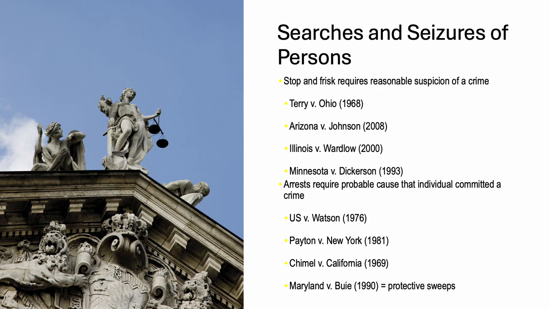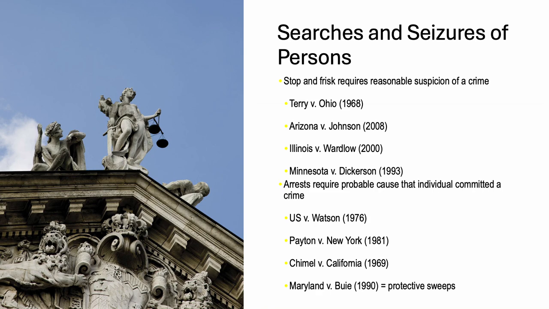In Arizona versus Johnson, again, this case is more relevant. It's in 2008, so it's actually in this period. An officer conducted a pat-down search of a driver and passenger during a lawful traffic stop. Police need not believe that any occupant of the vehicle is involved in criminal activity. So again, when you see those passengers in cars, they're saying, hey, you can't do anything to me. I'm just a passenger. This is an individual. If the officer can articulate a specific cause that allows an officer to do a quick pat-down search of both the driver and a passenger in a car, if and when that is necessary, that is Arizona versus Johnson.